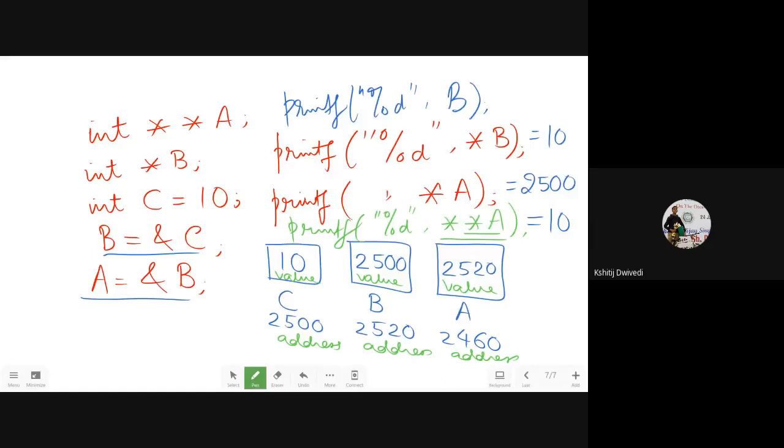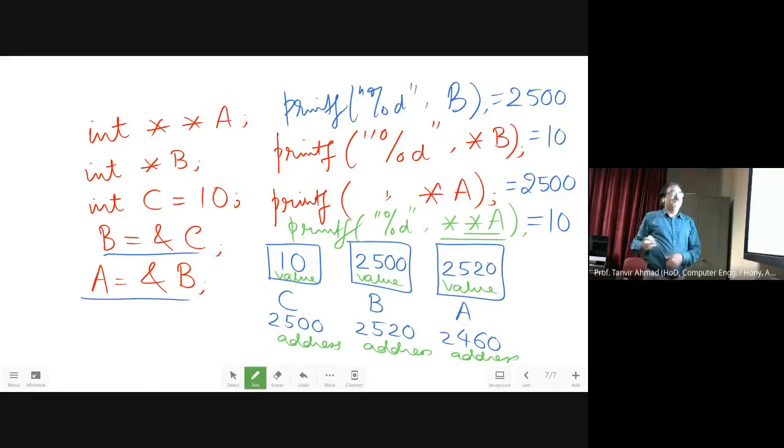Therefore, it is going to print the address of C, because the address of C is contained in the value of B. But don't take it with C. When I write this line, it is going to print the value at B. It has nothing to do with C. The statement above might have written over here, but I am not concerned with that. This statement will print the value of B. Therefore, at this point, I do not know if B stores the address of C. Whenever you do a printf, it always takes the middle value.